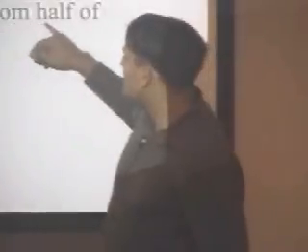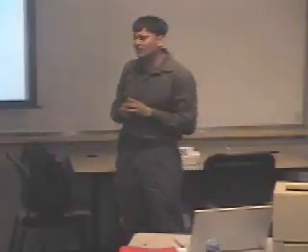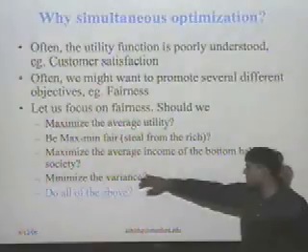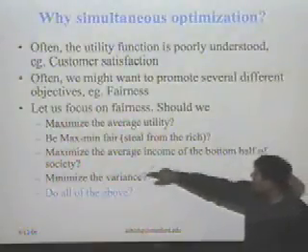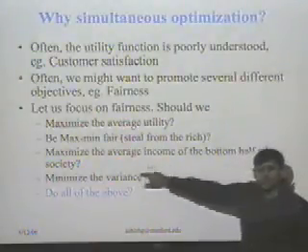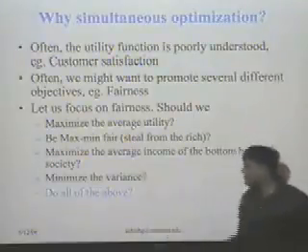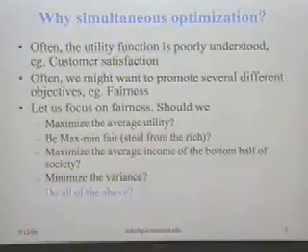And there are these other things that you see in the newspapers all the time. Like you want to maximize the average income of the bottom half of society. Whenever there's a tax thing, you see the bottom 50% is only getting like 5% of the rebate and the rest of it is going to the top some percent. Or maybe you want to minimize the variance, which is also a concave problem because variance is convex but you want to minimize it. But really, the right thing you would love to do in an ideal setting is to do all of the above. So if in a country you could do all of the above, then no one can come and point fingers at you.